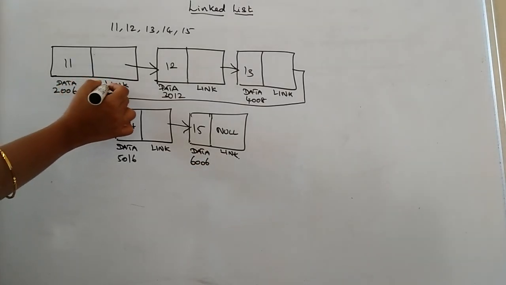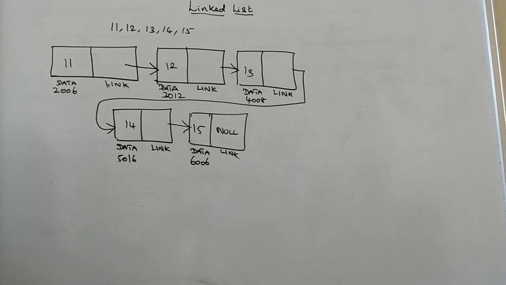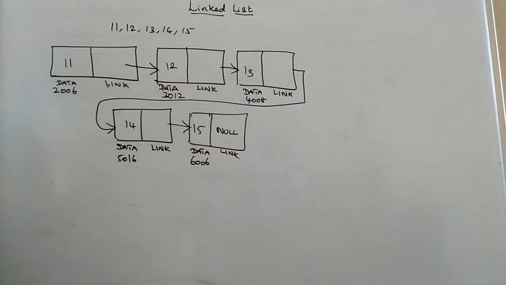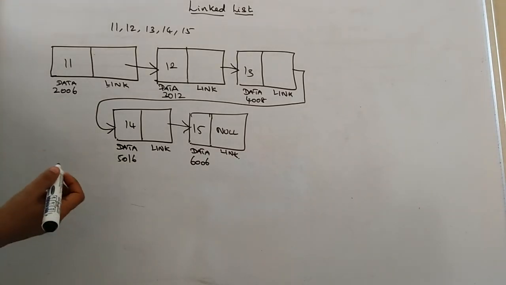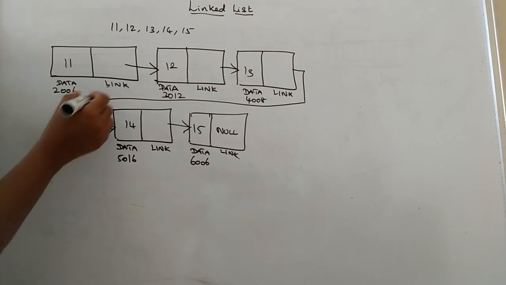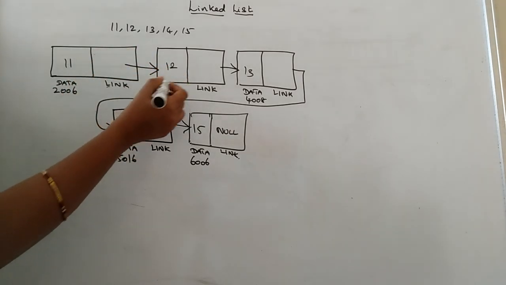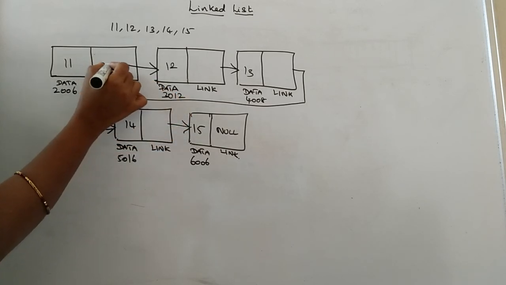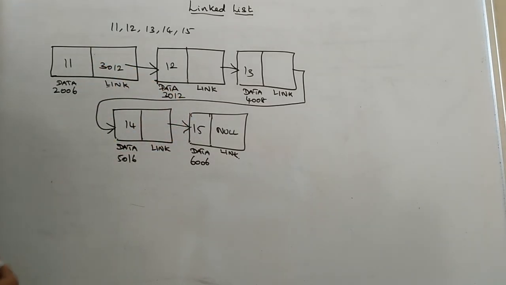So what is this link field? As I said earlier, the link field is used to refer to the next node. And I am saying this link field is pointing to the next node, right? Actually, if I say references or pointing to the next node, we can easily understand that we are going to store the address of the next node. What's the address of 12? It's 3012. So we should write 3012 here.